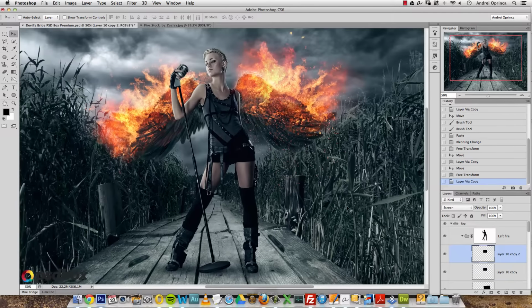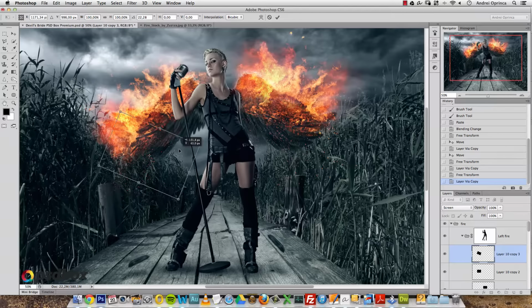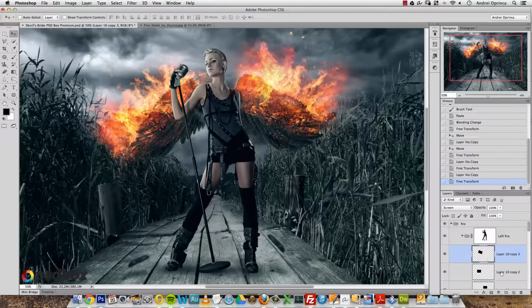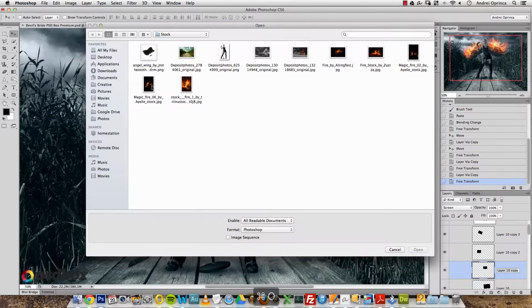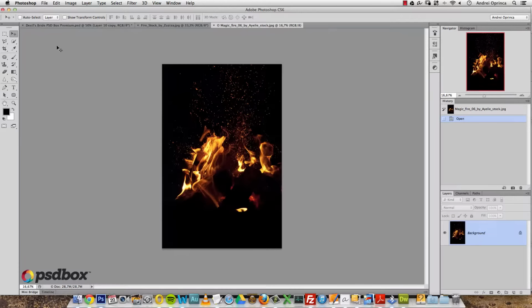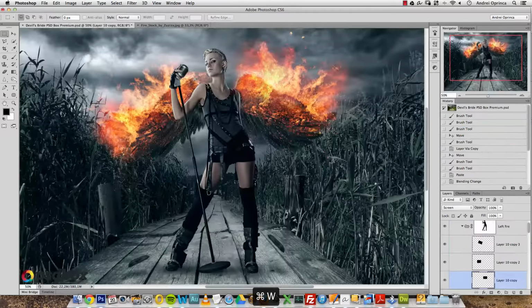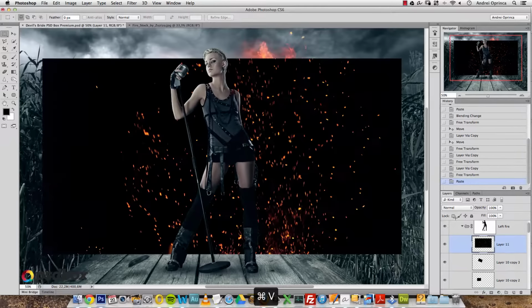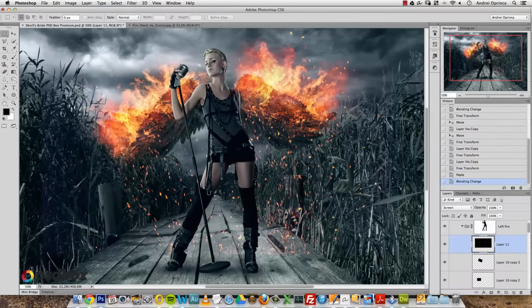And just make another duplicate, move it here on this other side, duplicate again, rotate a bit and change position. And let's open another one because I have another stock image, this one with more particles. So add them here, change the blend mode to screen,